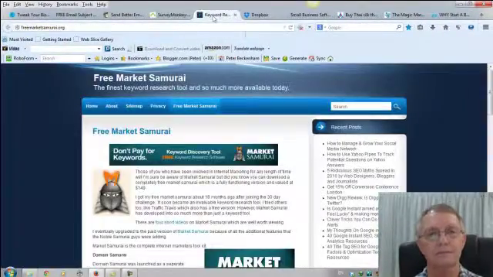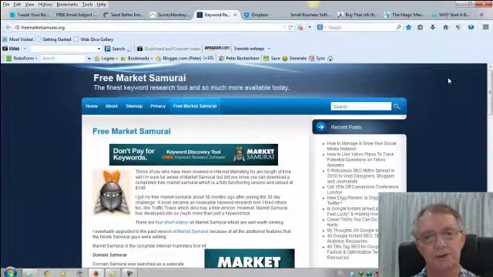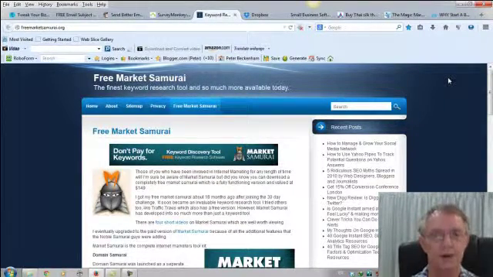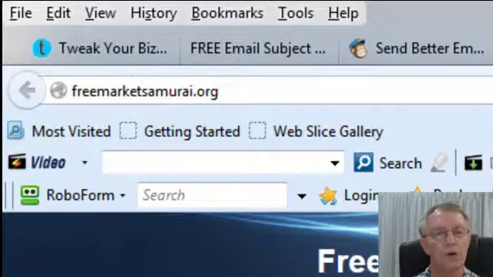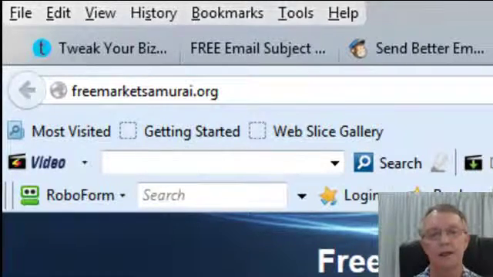Now, keyword research. I mentioned earlier to you that you need to have some idea of keywords. There's lots of keyword tools out there, and Market Samurai, the paid version of this, is what I use, and it's absolutely superb. But as a free tool, the free Market Samurai is excellent. Now there's the address for it, freemarketsamurai.org at the top there,